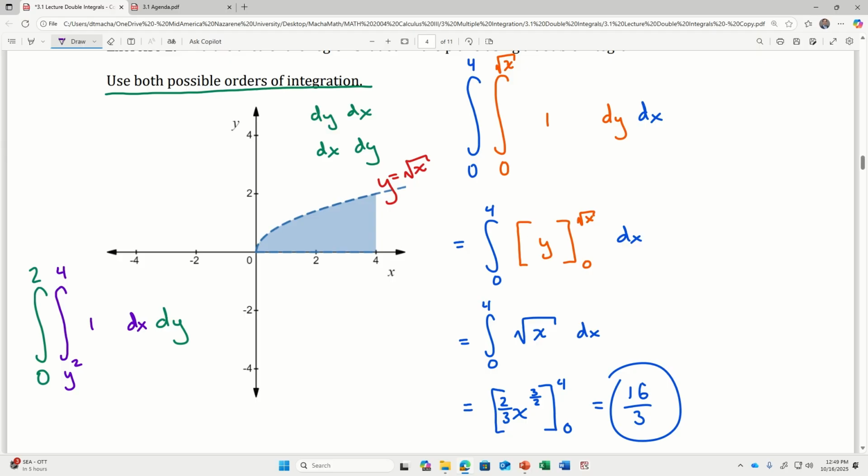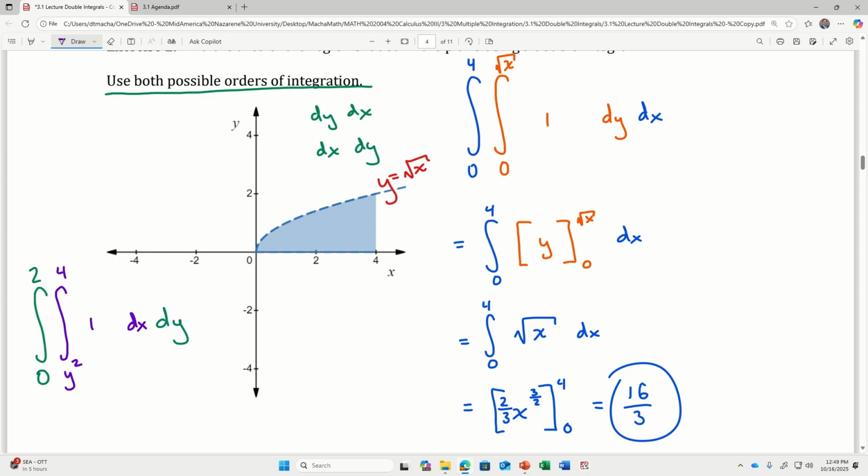So what's happening here? I said over here, if I tell you that x can go from 0 to 4 and y can go from 0 to 2, that would be wrong because that would give me the whole rectangle. I don't want the whole rectangle. So we had to say that the upper bound of y was square root of x. But with this new order of integration,